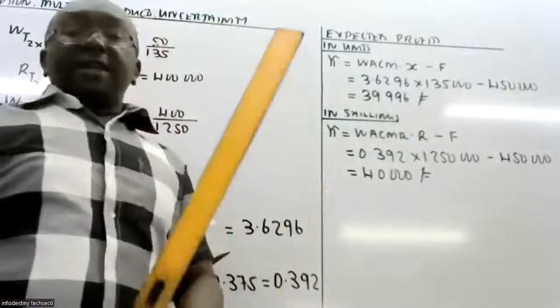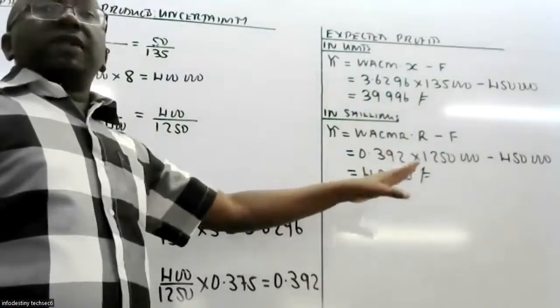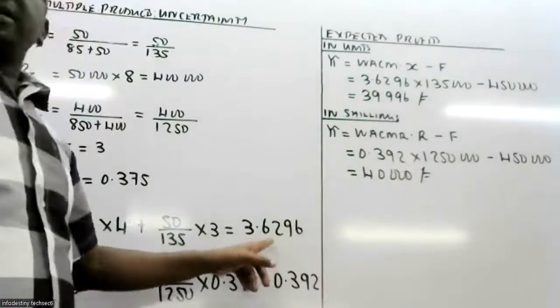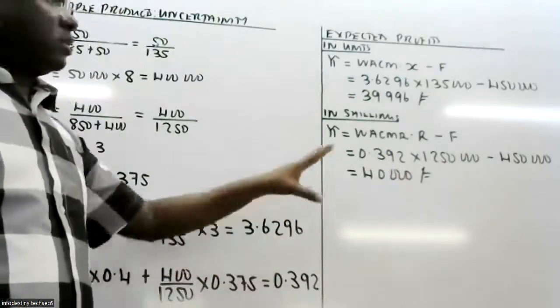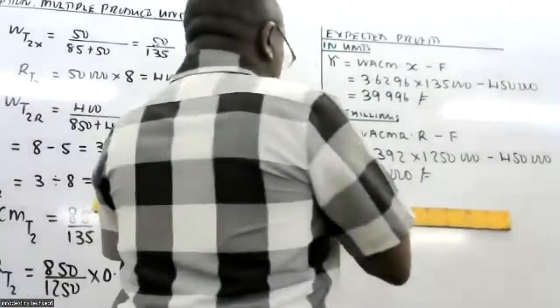There's a small difference that you notice here between here and this of the 4 shillings. It's because of the rounding. Remember, these ones were not exact. We rounded. So that's a small difference. The next thing that you can be told to compute is